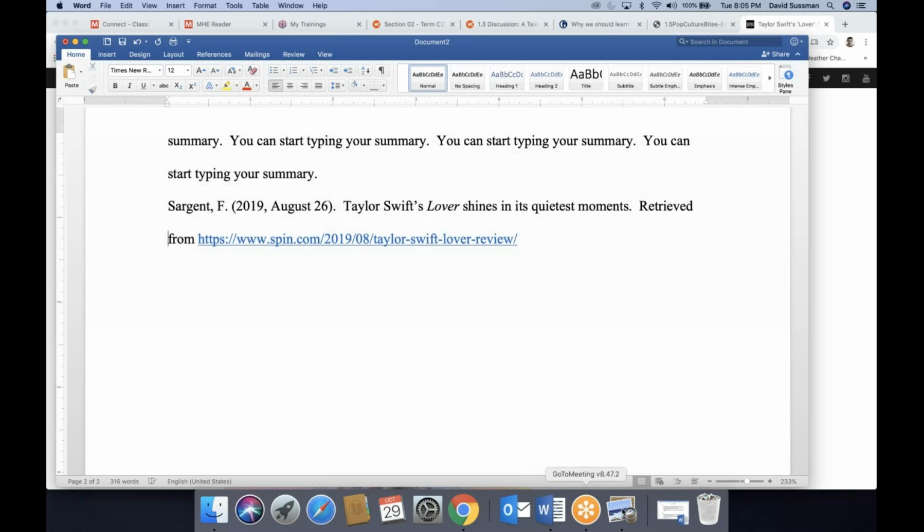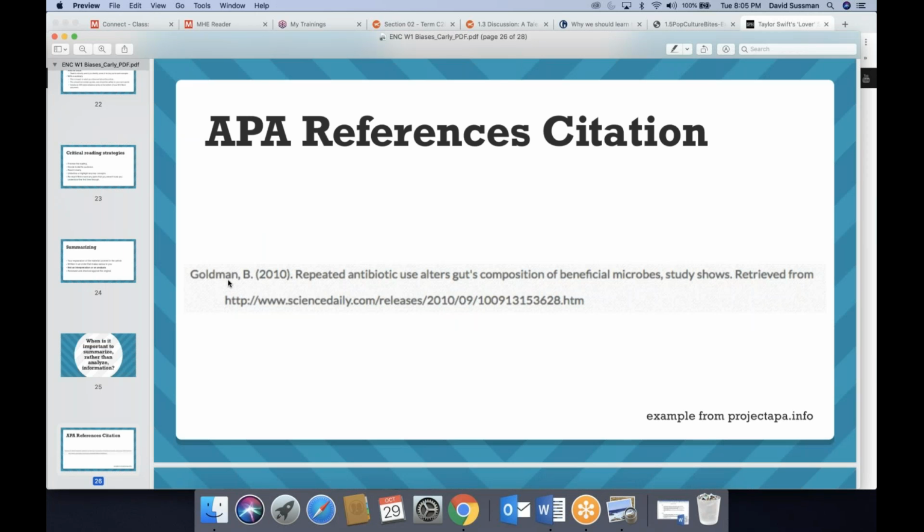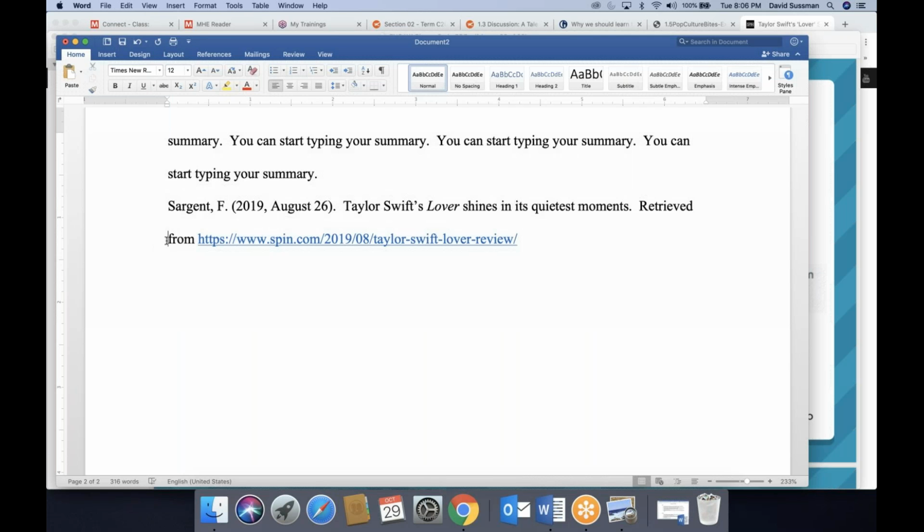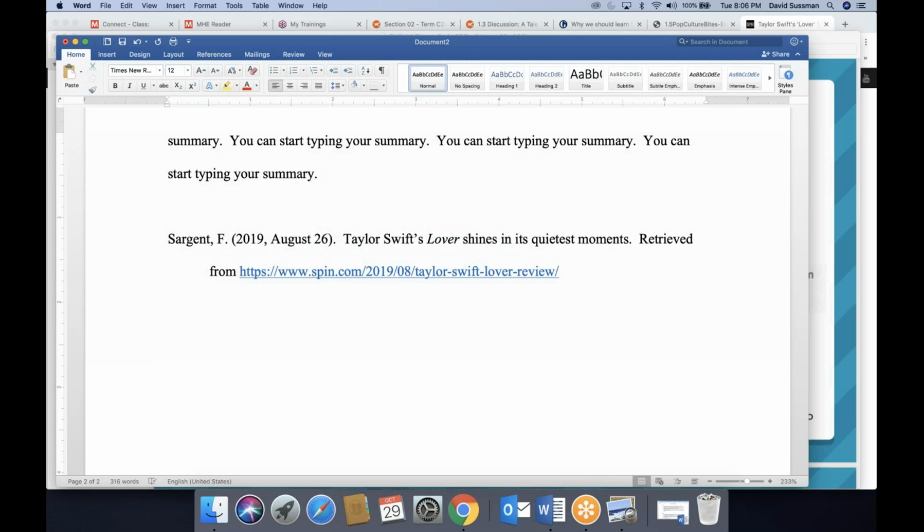And just like in this slide here, it's sort of the opposite of paragraphs. With paragraphs, you indent the first line of a new paragraph, but with references, the first line does not get indented, but if it goes to a second or third line, those lines do get indented. So all we have to do is put our cursor before that and drag this little guy over 1/2 inch. Okay. There's our reference.